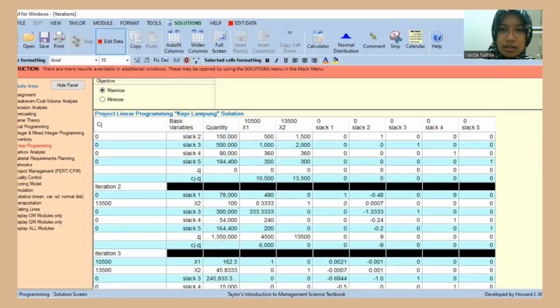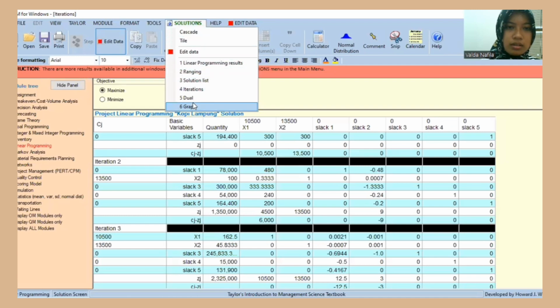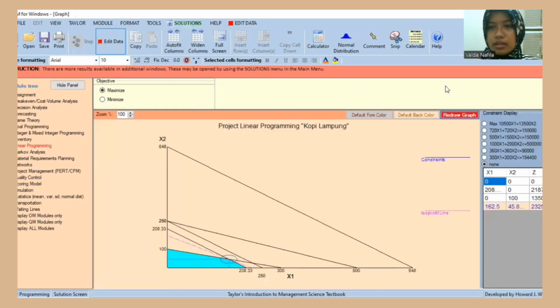Okay. Look at the graph. Now, in here, the possibilities are presented. If x1 is 0 and x2 is 0, we get the optimal value of 0. If x1 is this and x2 is 0, the optimal value is this. If x1 is 0 and x2 is 100, the optimal value is this.